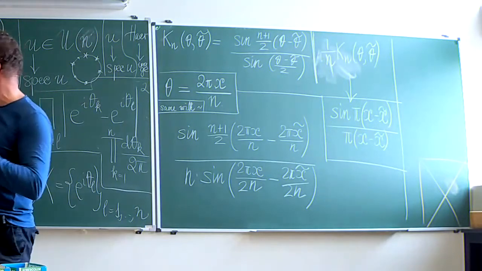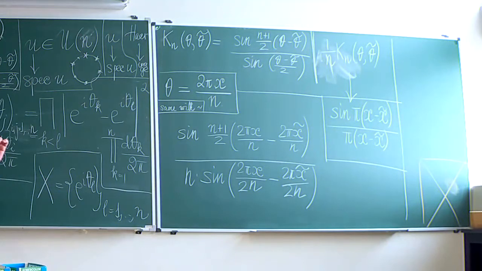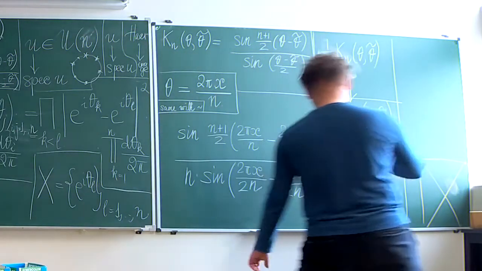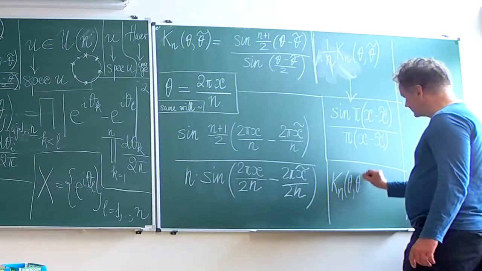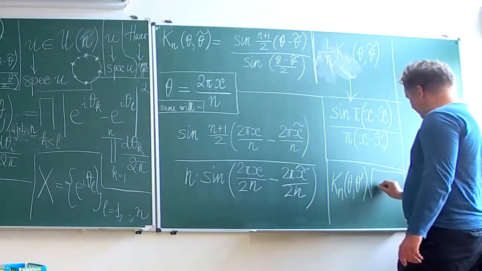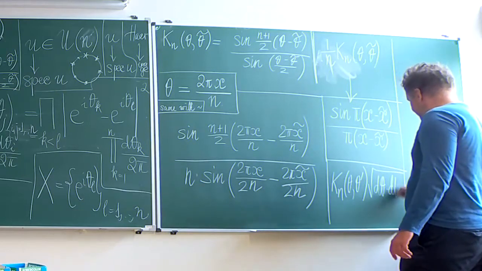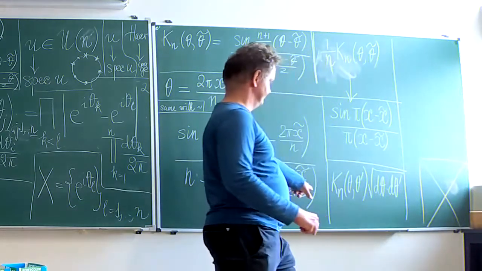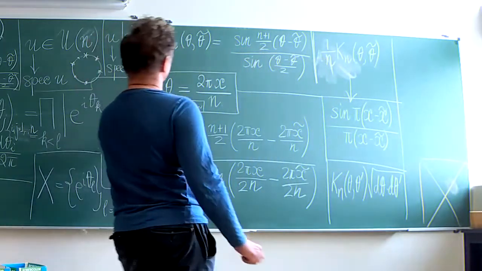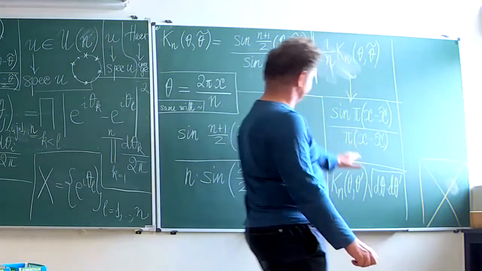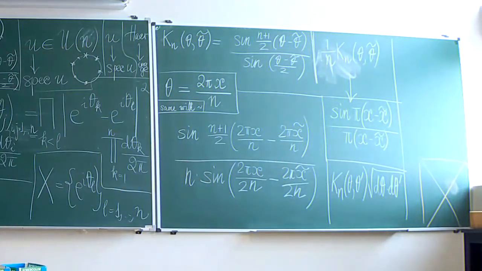Because really, please observe that I'm taking the limit not in the kernel as such, but in kernel times measure. So really, the canonical object is not the kernel, but in fact it is kernel times measure. So that's why I have this thing. So then there is this pi here, so there is this n, which is this n, and then excuse me, I had a moment of lighting.